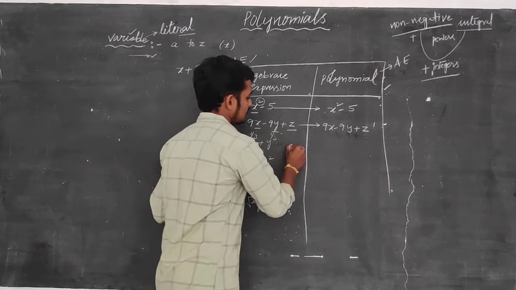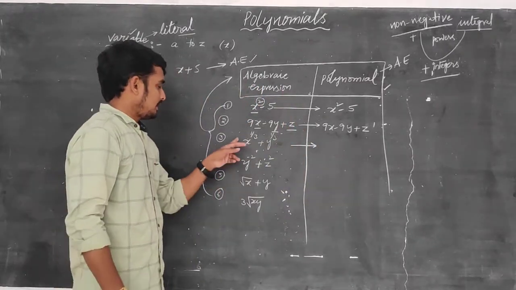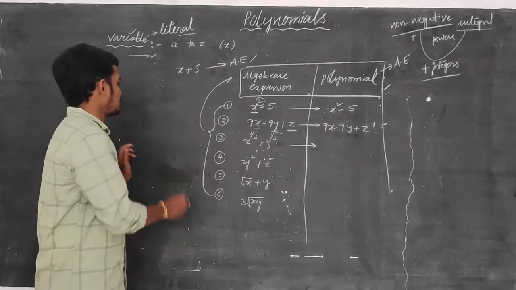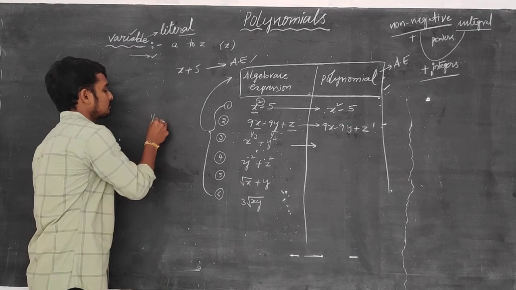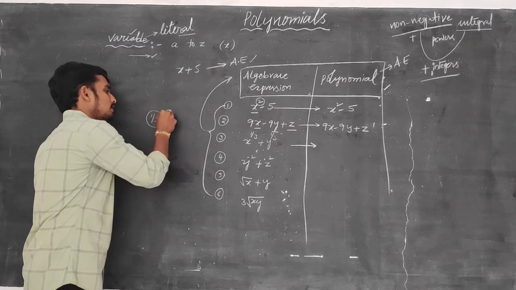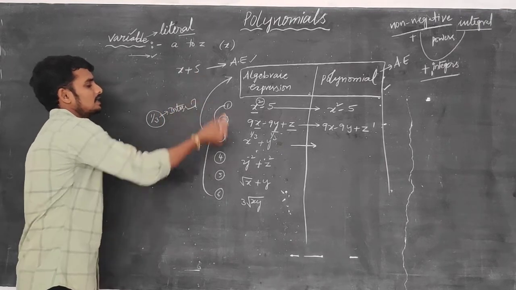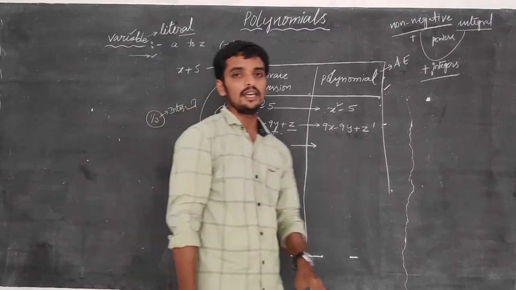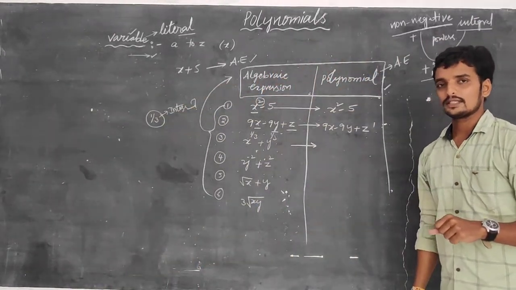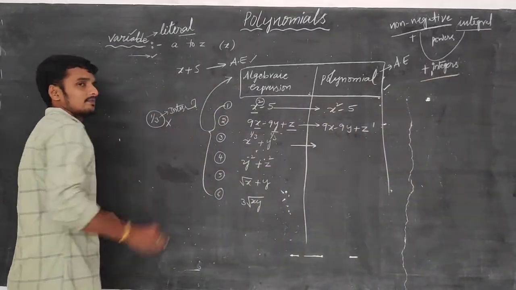Now coming to the third example. Here two variables are there. What are they? First of all, x. x has the power 1 by 3. Remind me, students, is 1 by 3 an integer? Is 1 by 3 an integer, or not? Tell me your answer. Yes, it is not an integer.